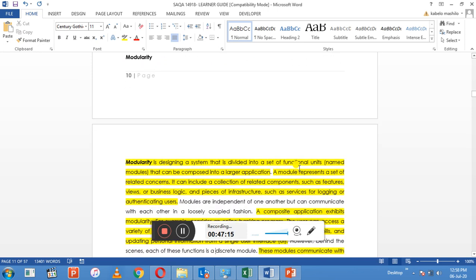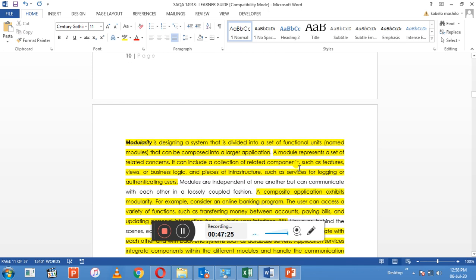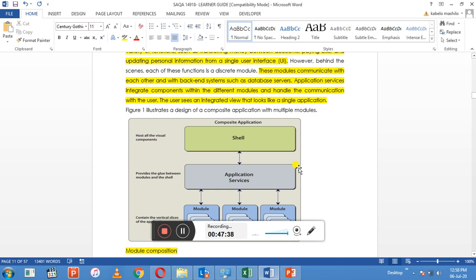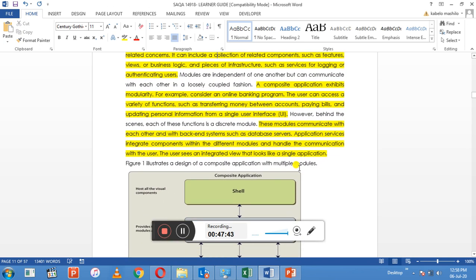which uses named modules. And what is modularity? Designing a system that is divided into a set of functional units, so that it can be composed into a larger application. It represents a set of related concerns, and it can include a collection of related components such as features, views, or business logic. So basically you need to go through that as well, read, study, and know these things, so that you are able to answer